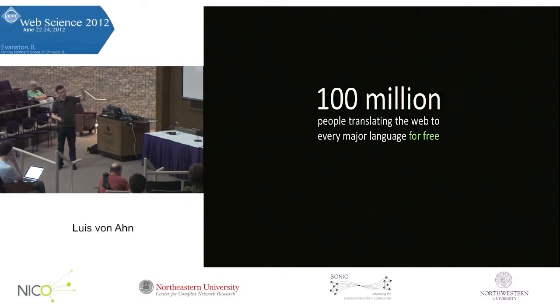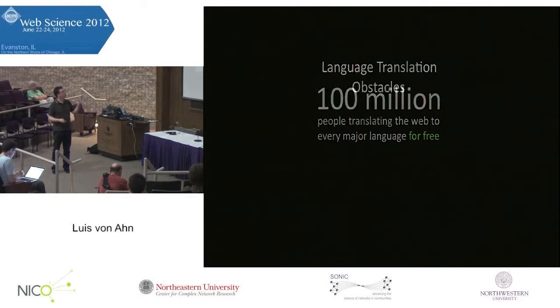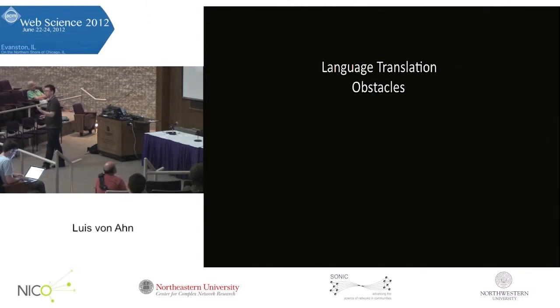So this is what I want to do. Now, this is what you want to do. When we started working on it, we pretty quickly got stuck. And the two things we got stuck on are the following. These two big obstacles. Okay, the first one is a lack of bilinguals. I don't even know if there's 100 million people out there who use the web who are bilingual enough to help me translate. And even if there are, there's just not that many of them. I would have to reach them all. Okay, that's a huge problem.